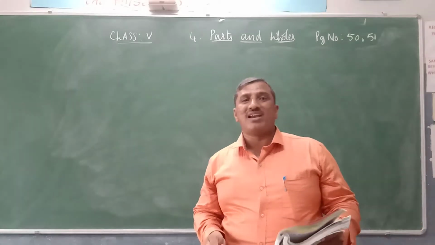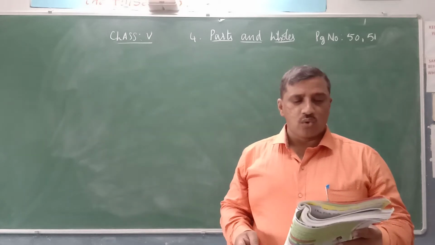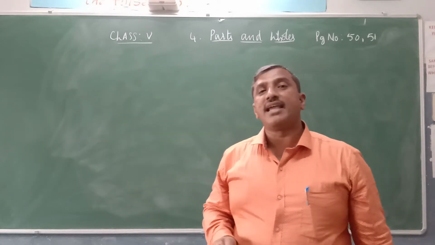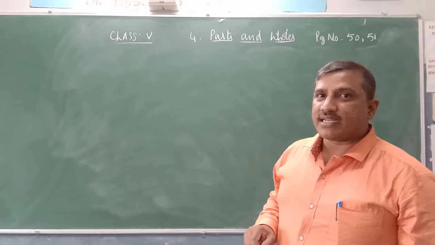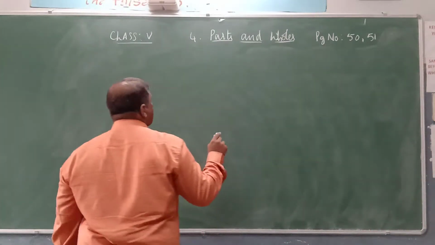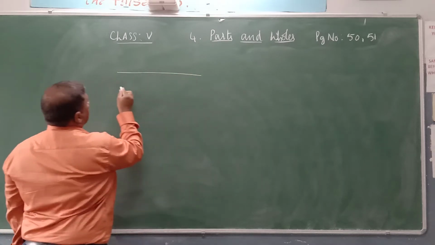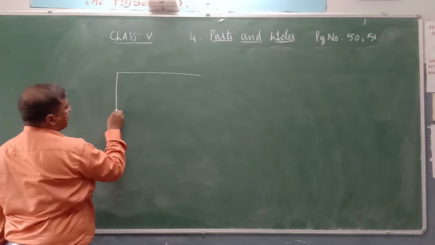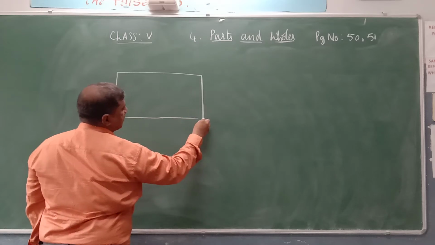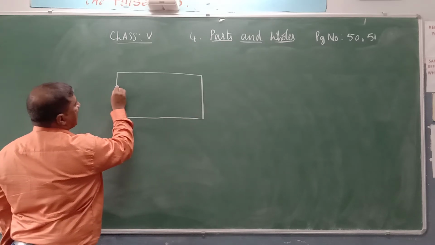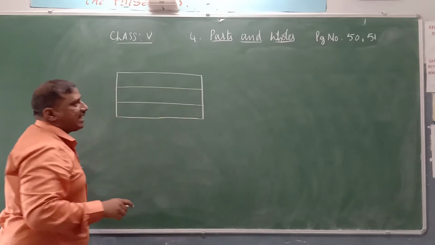Here, draw a rectangle of length 9 centimeters and width 6 centimeters. Divide it into 3 equal parts and complete the flag. So now we are drawing a flag 9 centimeters long and 6 centimeters wide. Yes, like this, a simple flag. Now we are dividing this into 3 equal parts, like this.